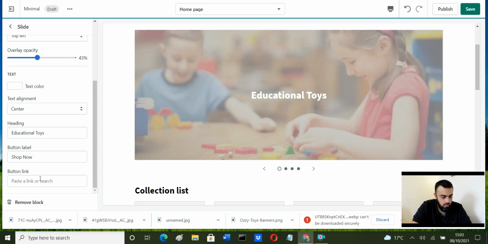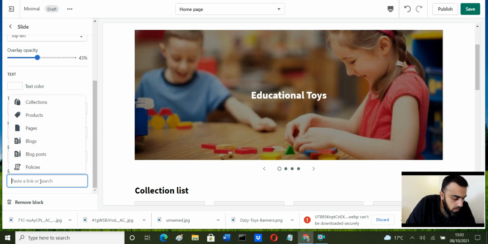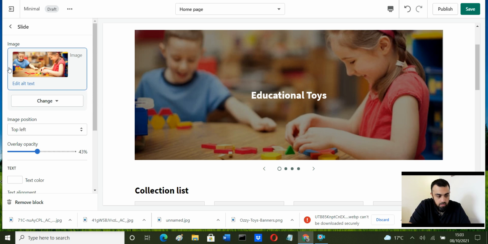There you go. And then in the button you'll have to create a link. That is, you will bring it from the products, but we haven't added product at the moment, so once I've added the product I'll show you how to do that later on. And yeah, that's about it. You just hit save over here,